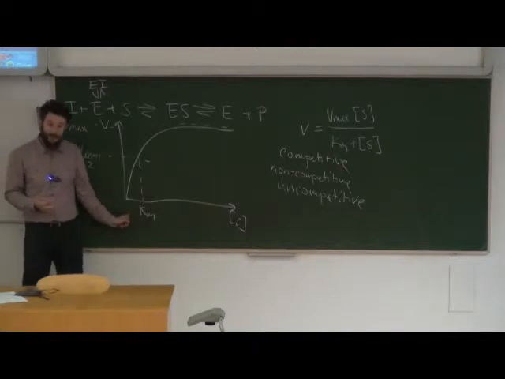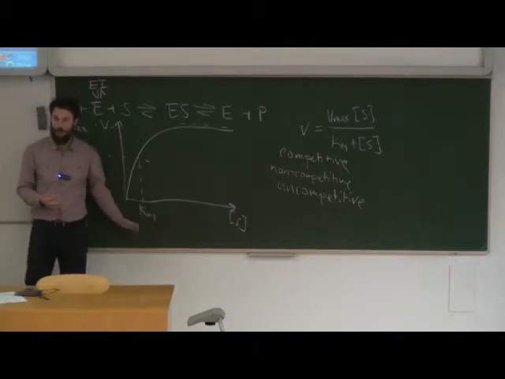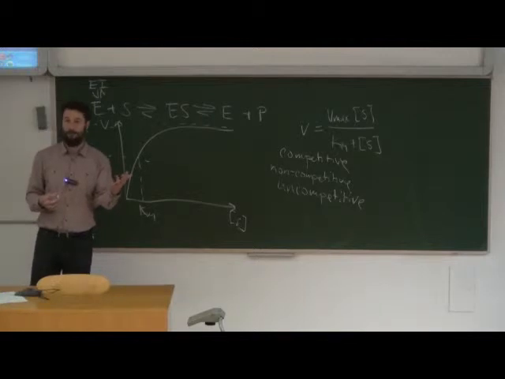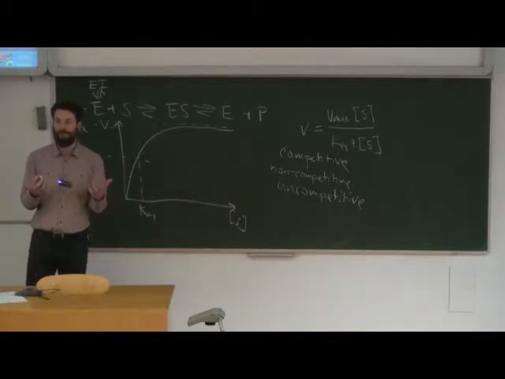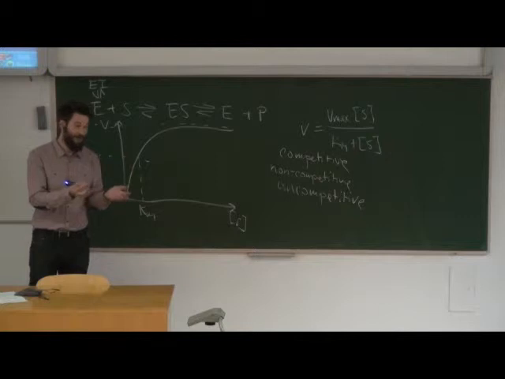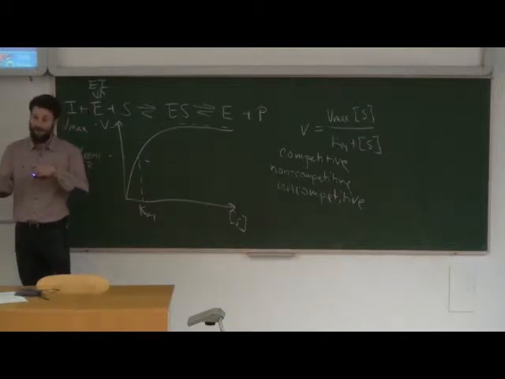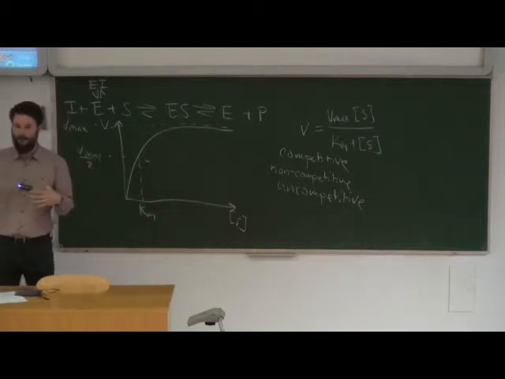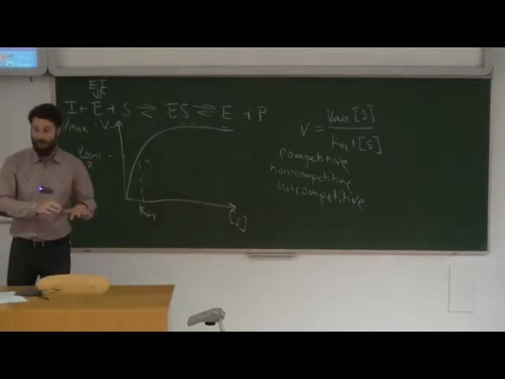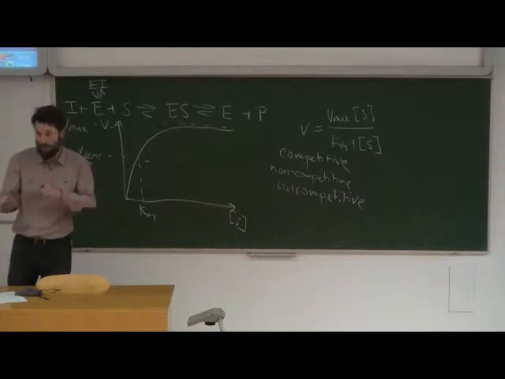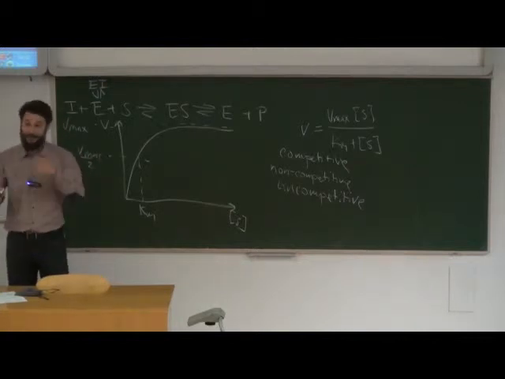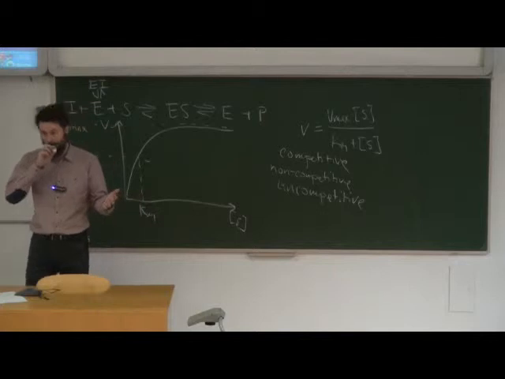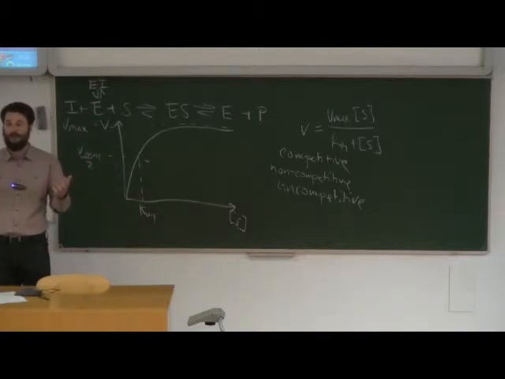Then we keep increasing the amount of substrate. Okay? We add 5 molecules of substrate. What is the rate going to be? It's going to be higher, obviously, than 0, because we have some substrate, and the substrate and the inhibitor are going to be competing. We have 5 molecules of substrate, we have 10 molecules of inhibitor. The rate is going to be probably still very low, but there's going to be some, because they're competing. Then we add 10 molecules of substrate, and we still have 10 molecules of an inhibitor. Again, they're going to be competing. The rate is going to go up again.